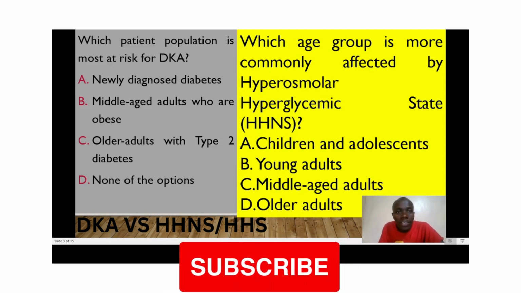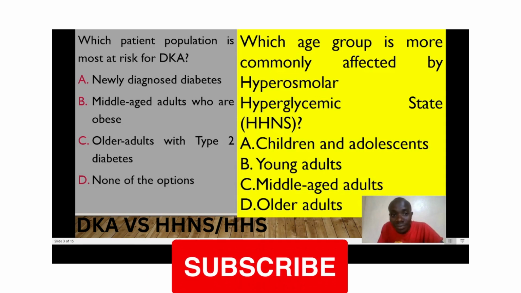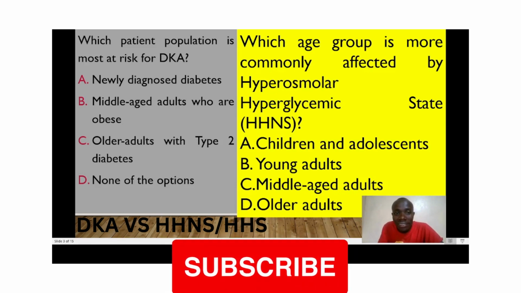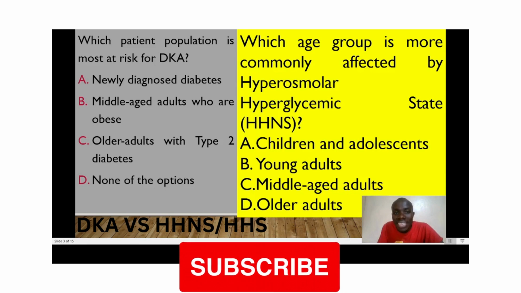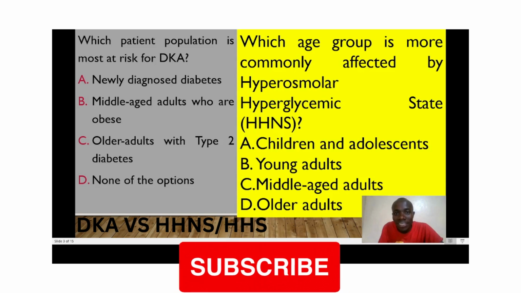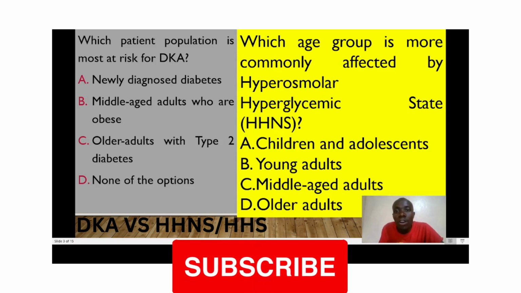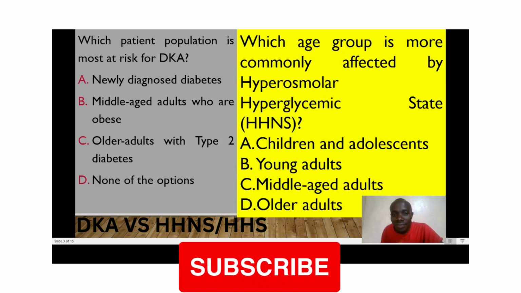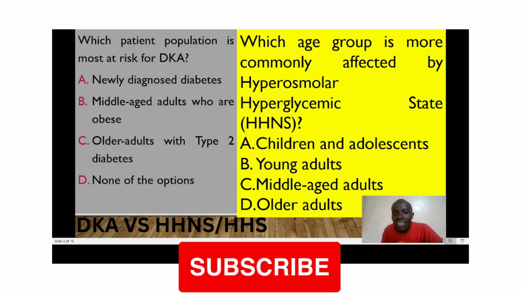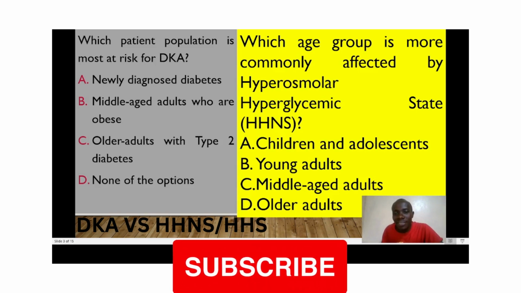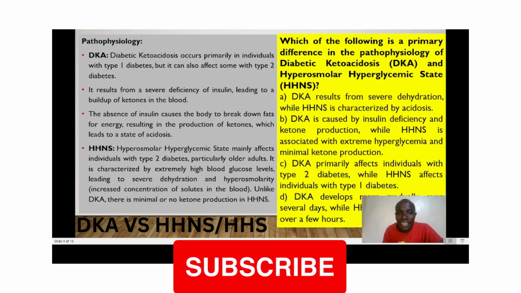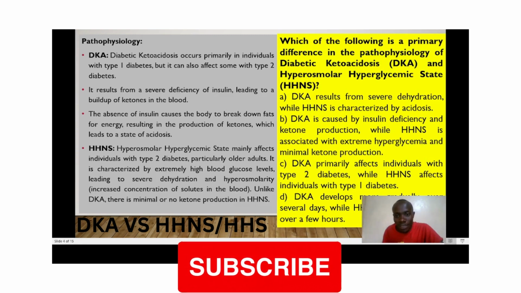So what population is mostly at risk of DKA? Newly diagnosed diabetes, okay? Newly diagnosed diabetes. Which age group is more commonly affected by HHNS? The older adults. Very good, guys. So we can see the population affected in terms of pathophysiology,